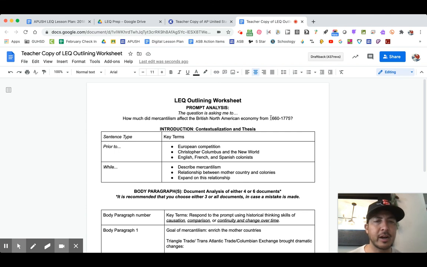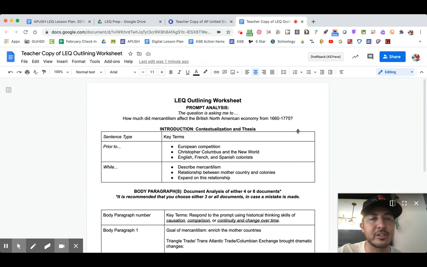We need to do it prior to the event if we're going to do this in our introduction. Now, again, you guys can write a conclusion and talk about how mercantilism affected the British North American economy after 1775 and put that perhaps in a conclusion. And maybe you only have a thesis inside of the introduction. Sorry, I looked down here and didn't see a thesis, so I'm kind of blanking a little bit. But maybe your thesis is the only sentence of your introduction, and then you have a body paragraph, and your conclusion